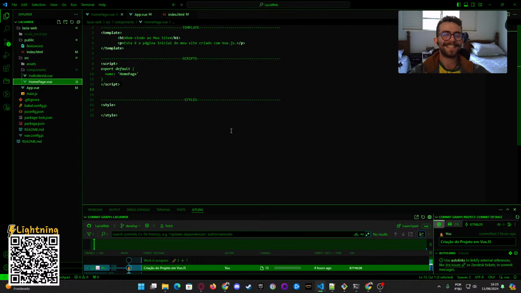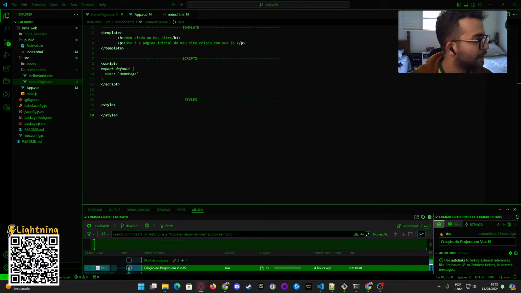And it's exactly what you are imagining. The first part is the HTML, okay? The second part is the script, where you put the JavaScript. And styles is the CSS part. So it's pretty easy to learn. My first project in web applications, disconsidering, let me see the translation of disconsidering here.